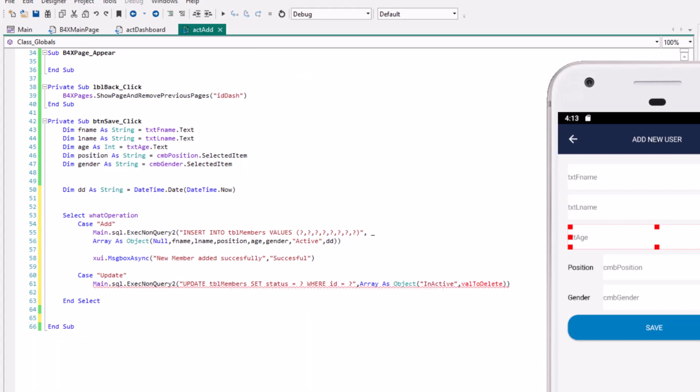TBL members set. So now we are updating all the fields.